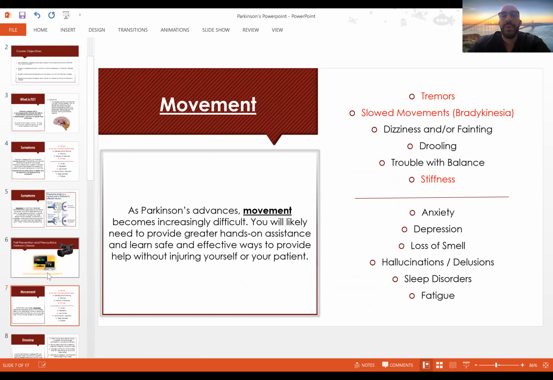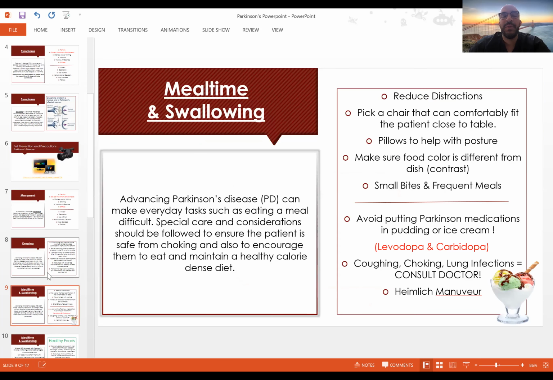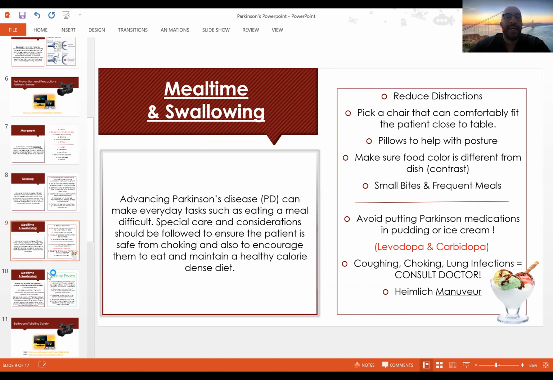We talked about helping them getting dressed. And we also gave you a lot of information on mealtime and swallowing, what to look for to prevent emergencies as far as choking, coughing, making sure that we help sit the patients up properly with pillows, reducing distractions.